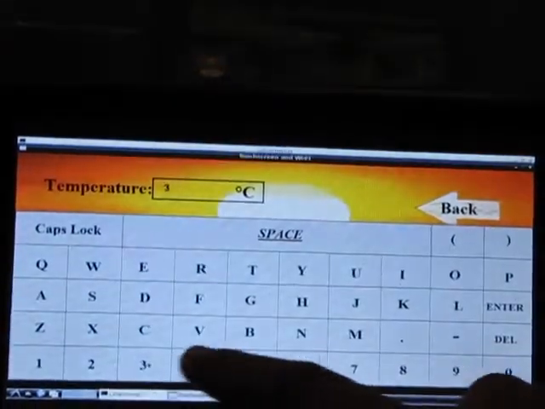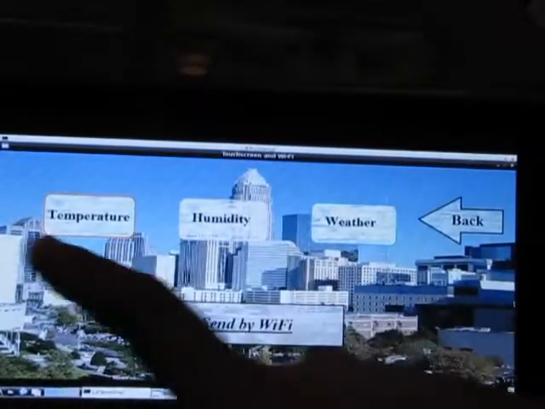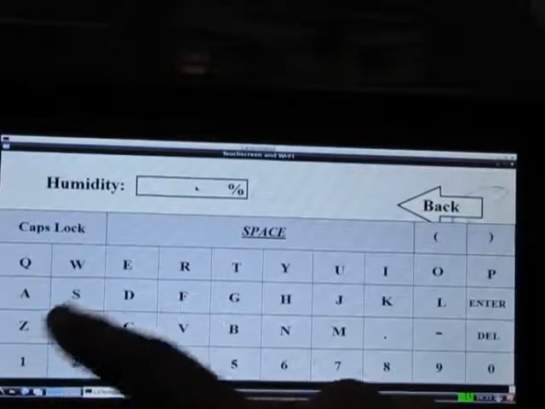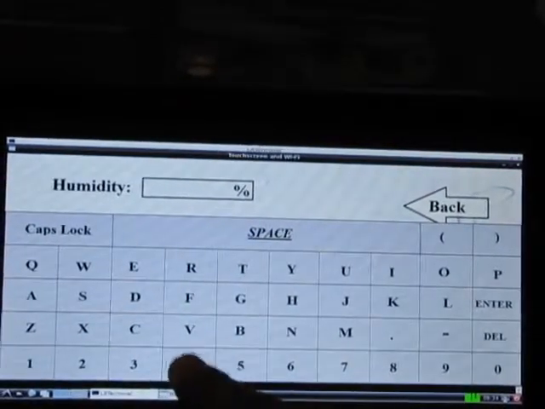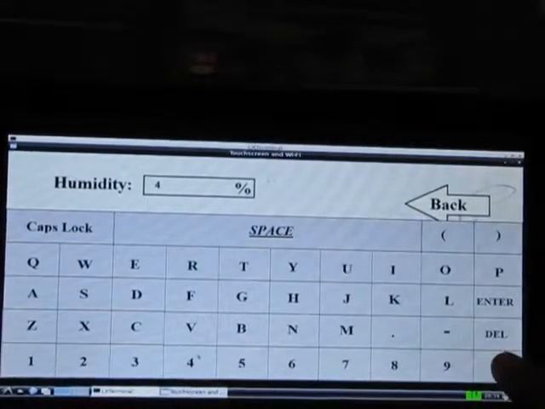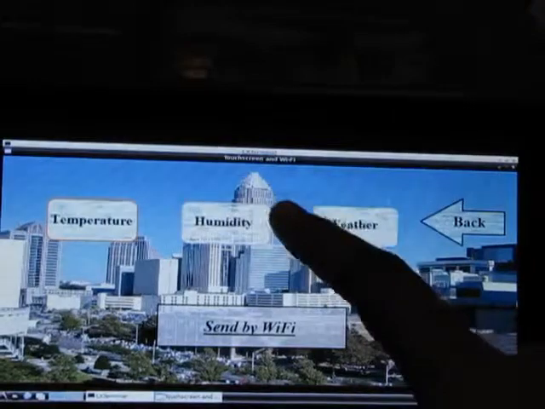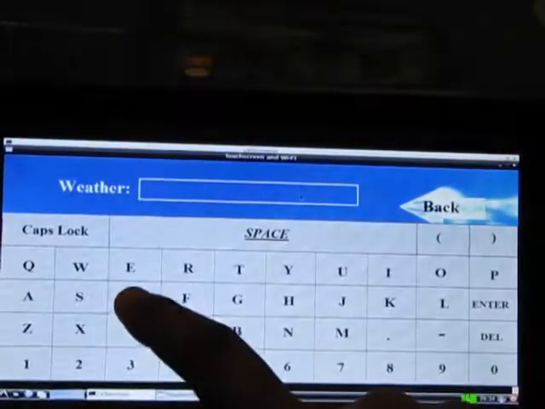Now suppose I enter 34. Okay. Now in the same manner, humidity too. Suppose I enter the humidity as 40%, then it will accept it. In weather, we can write any text.